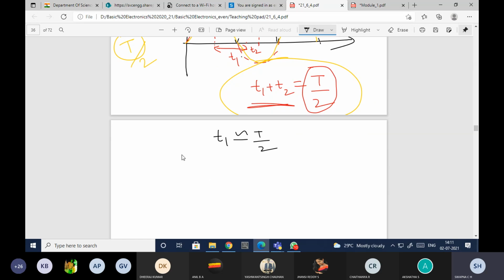Let me do it tomorrow because I've got a call, I have to go there. If anybody has doubts, because if I start that I cannot leave you in between, that's why I will just wind up here. I just wanted to show you what T1 plus T2 is, so I've got T1 plus T2 equal to T by 2 as the answer. Very good, Kaustubh. That's all for now. If anybody has any doubts, please ask me.